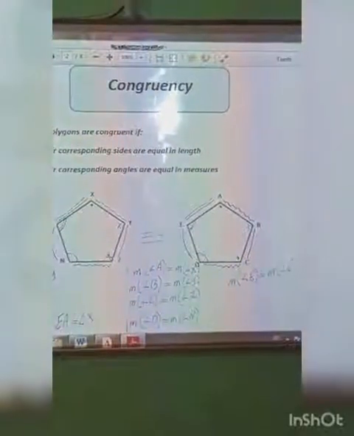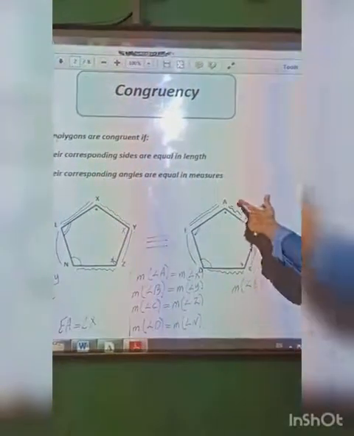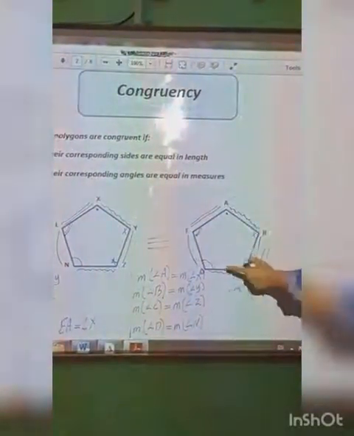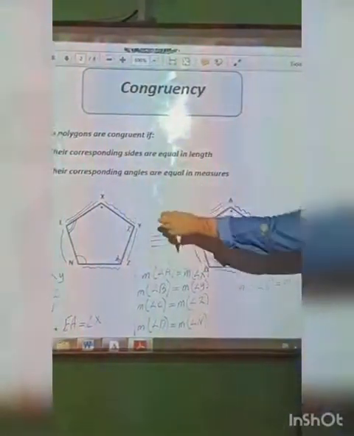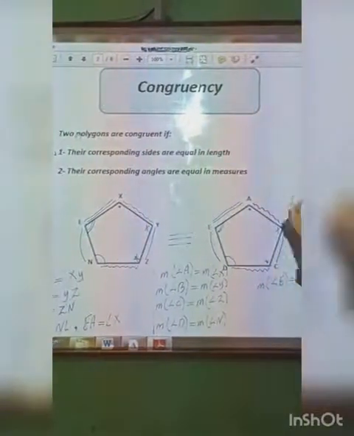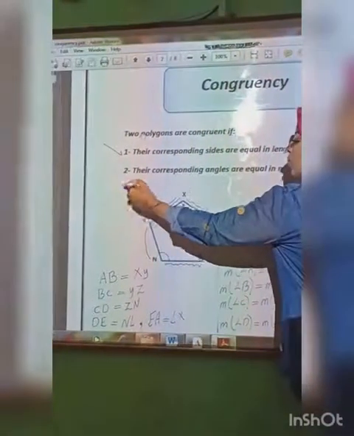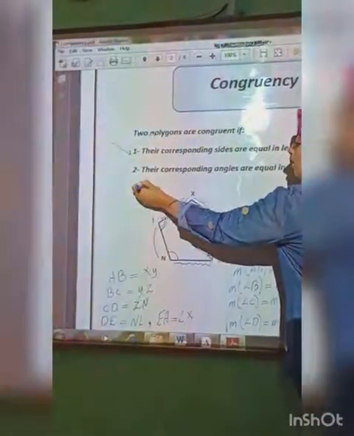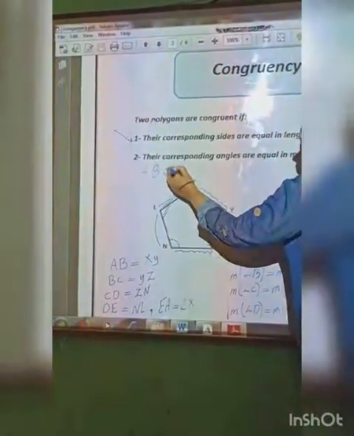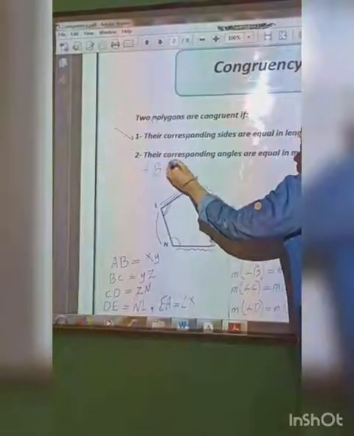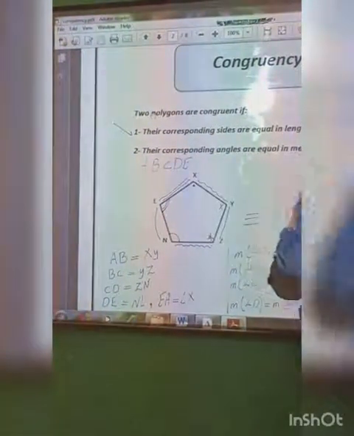But remember, we should write the letters of the polygon congruent to the same order of the letters of the other polygon. I mean, if we start with the polygon ABCDE, congruent,